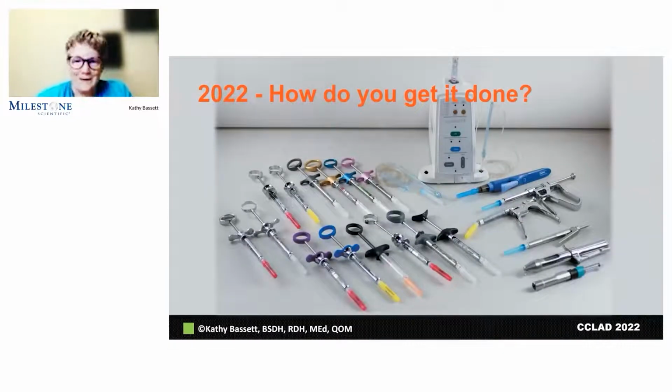So here's what, if we started opening up our cupboards across the country, this is what we're going to find. And to the left here, you see a lot of syringes that look a lot like that syringe that was circa 1940s. Then we also have devices for delivering topicals, devices for periodontal ligament injections, and jet injectors, and then the beginning of bringing the CCLADs in. So my question to you is, how do you get your anesthesia done?